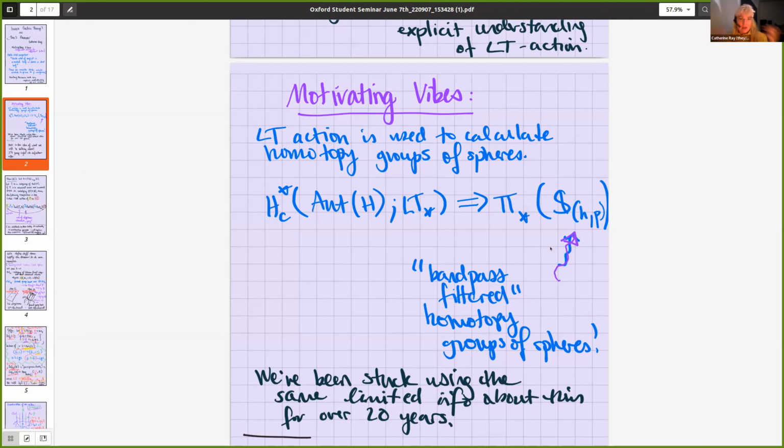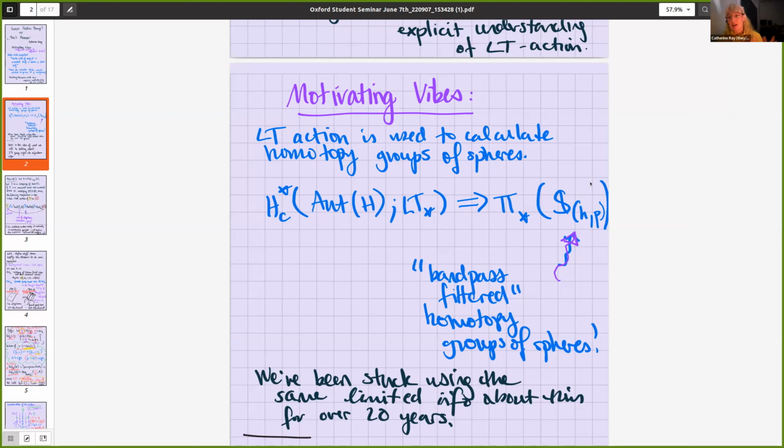If you try to calculate all of the homotopy groups of spheres, it ends up looking like an absolutely chaotic, jumbled mess. There's no pattern that you can really see. It's completely unperiodic in every way, just like the digits of pi. However, we discovered that if you apply these bandpass filters to limit what you can see, like instead of a radio signal playing all of the channels at the same time, you can listen to the individual voices. And this is what we call the local homotopy groups of spheres,